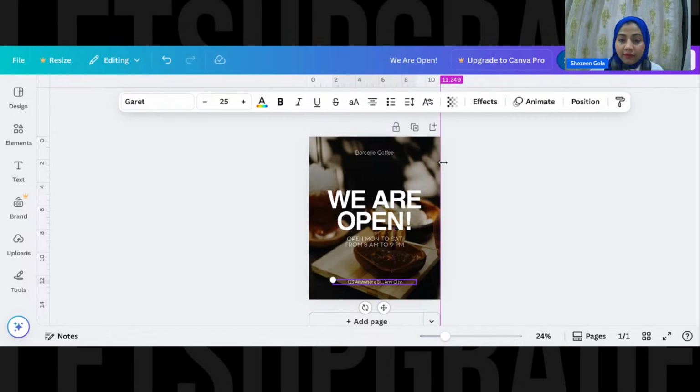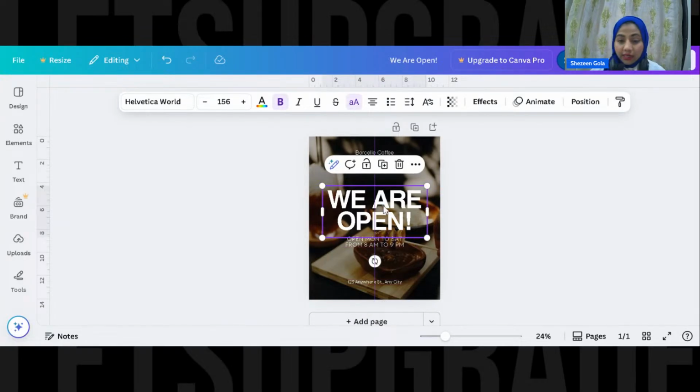It's 11.249, so let's take a midpoint of it. It might be 4.5 something. Yeah. The moment you see the midpoint, it became pink out here. So what happens is, this is your center. So what is happening here? There is alignment, like each and everything has an alignment happening here, and there are two fonts of different